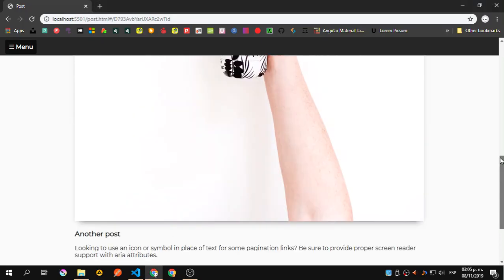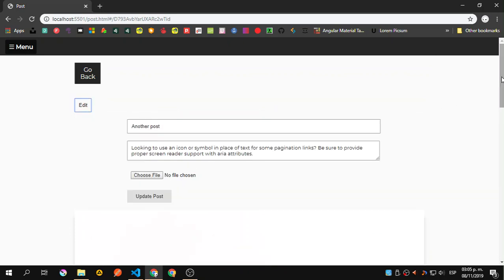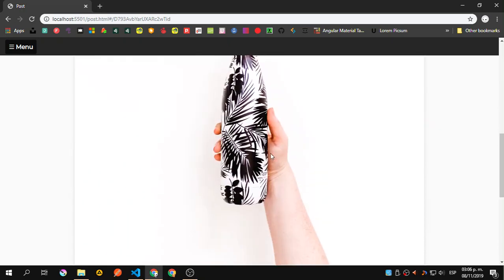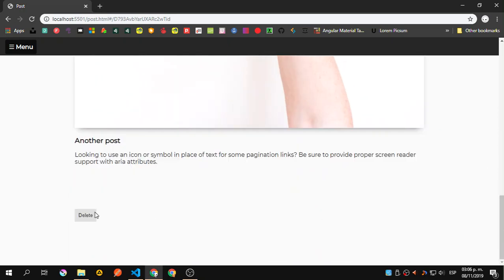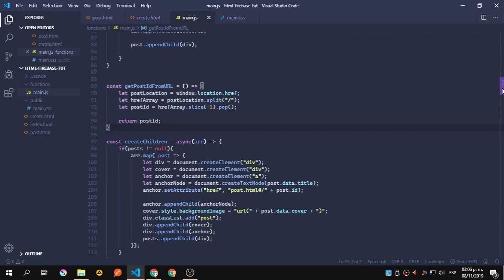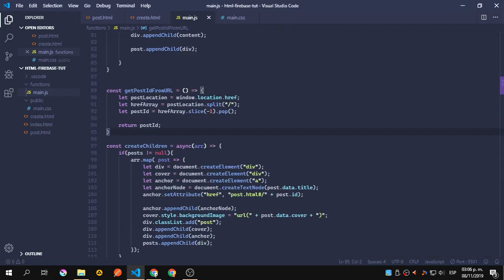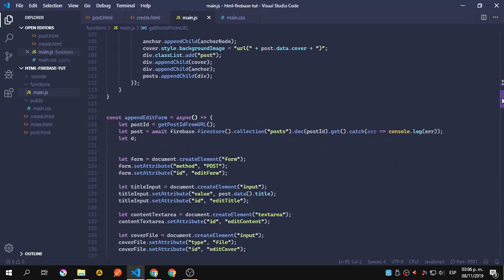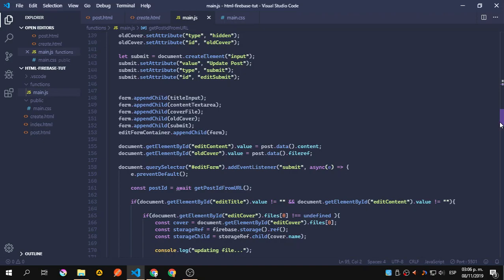We're going to do the refactoring because I don't want to make a request for this to be shown for the post, and to get the ID again for the delete. Those are three requests that we are doing, and I didn't realize that until now, so I don't know why I missed that. But I want to keep this get post ID from URL, and what I want to do is, because we're going to set it in the post, I'm going to come back here and set it globally